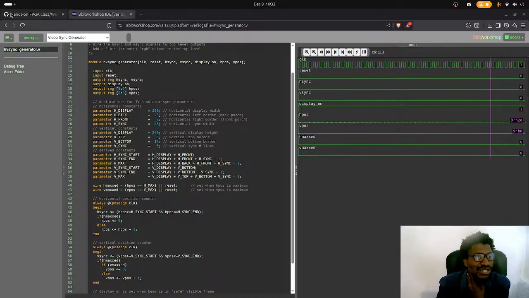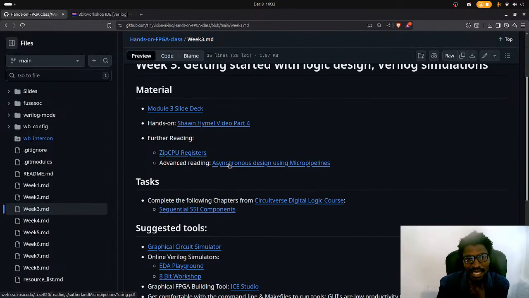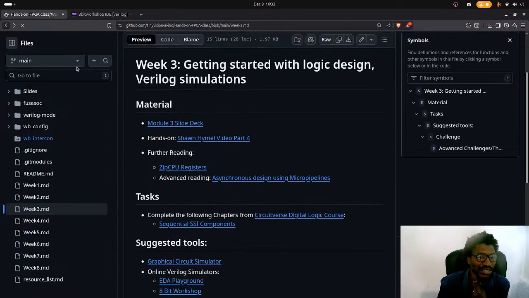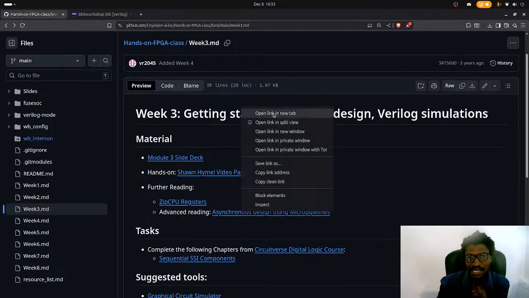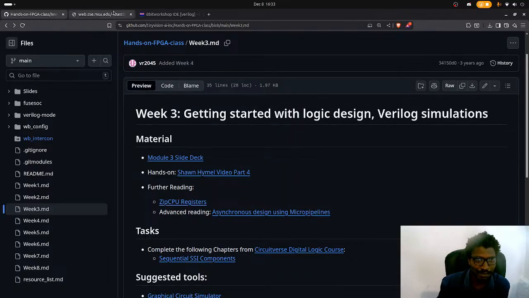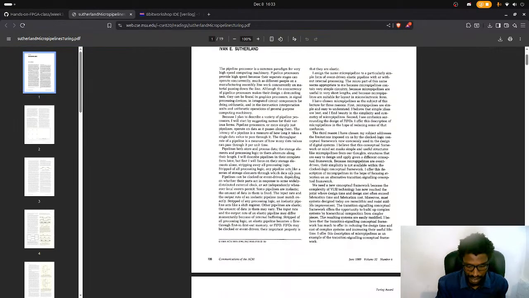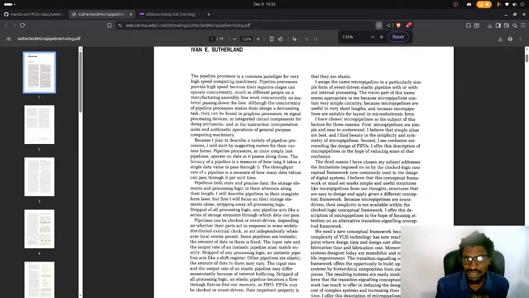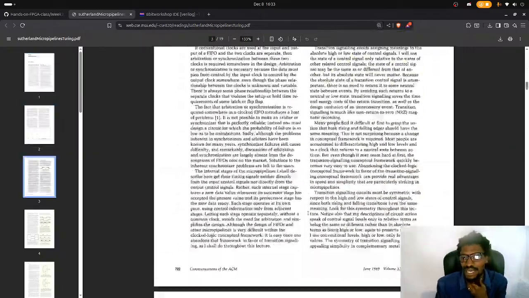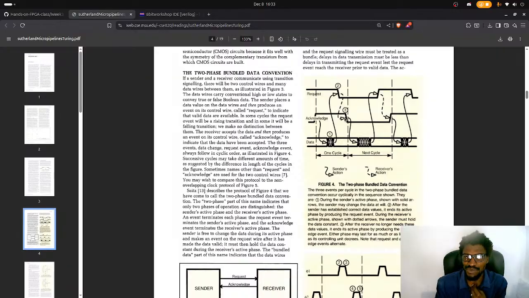So this is the paper that we were looking at the other time: asynchronous design using micropipelines. What we really wanted to implement was one of the transactions described here. I'll zoom in a bit so that they're quite obvious. What I wanted to implement was this transaction observed here. However, it didn't exactly work out the way I wanted it to work out. So we'll